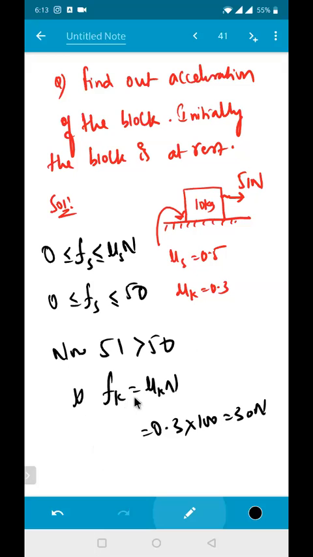Now see what are the forces acting on that one. As the body is moving in one direction, friction is in the opposite direction, kinetic friction. So it is 51 minus 30 is equal to 10 into a. So from this one I can calculate the acceleration: a is equal to 2.1 meter per second square. Okay, now if they are inclined, you must take an angle and try to resolve it. That's it. Nothing more is involved in this one.